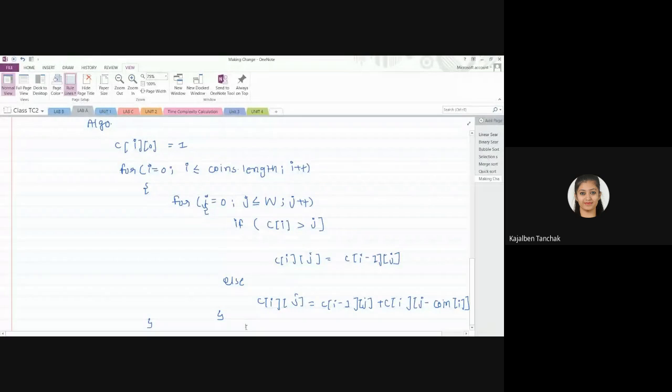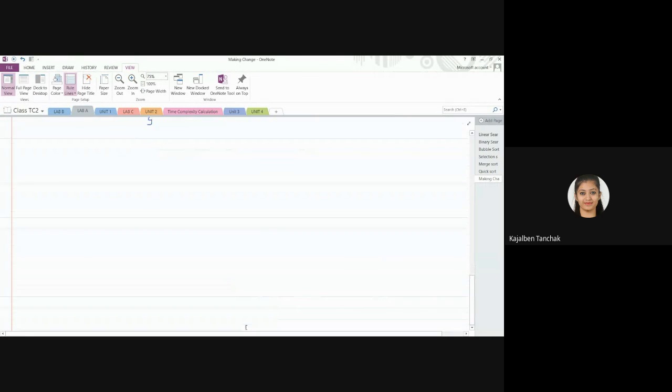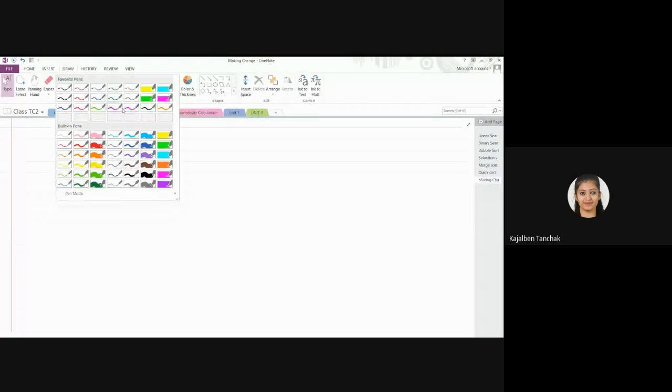And now we will see the other part of the making change problem, that is the minimum number of coins. Okay, so first of all I'll write down one algorithm, because there is one change in this. See, for a particular problem or a particular example, there are multiple ways you can do the same thing. There are multiple algorithms available, and for some examples you can use one algorithm, and for another example you can use a different kind of algorithm. So first of all, let me write down the algorithm for finding the minimum number of coins. As you already know how it will work, but let me write it down for you.